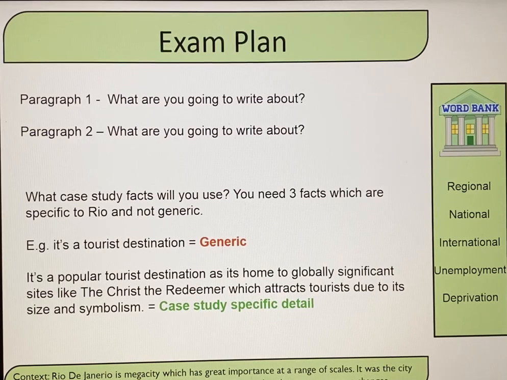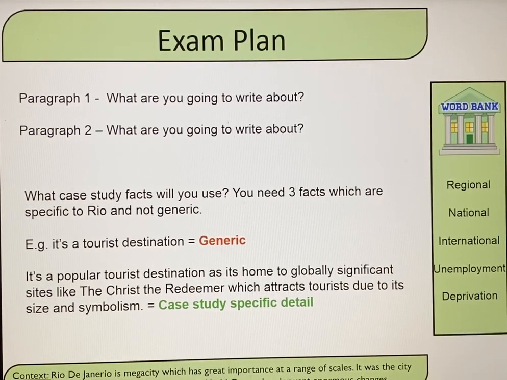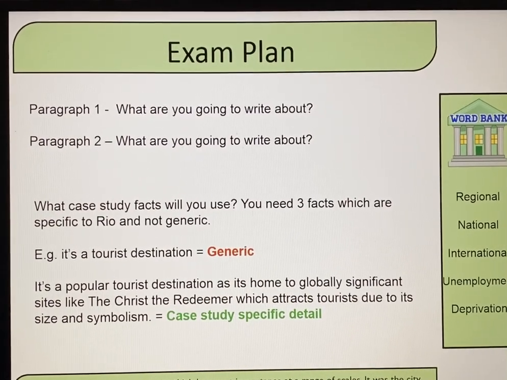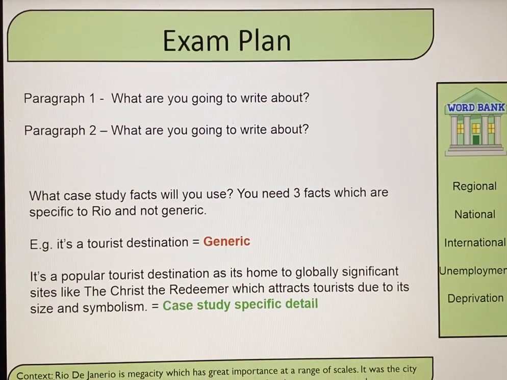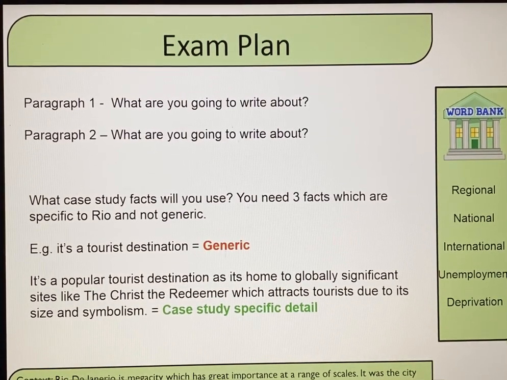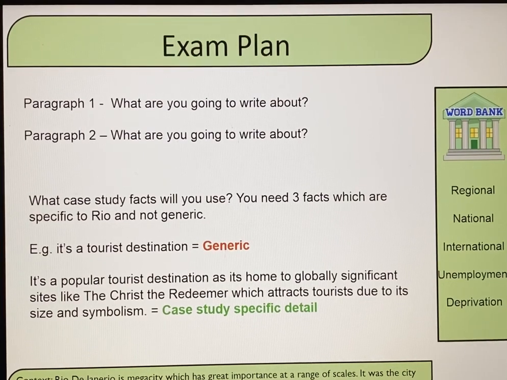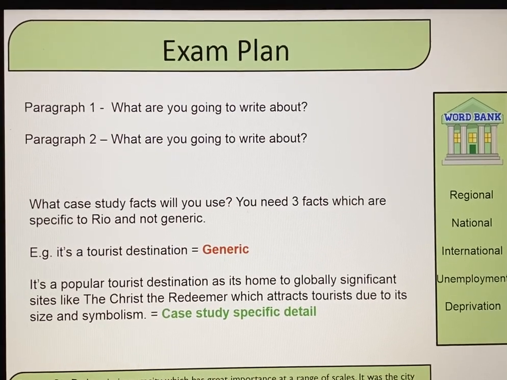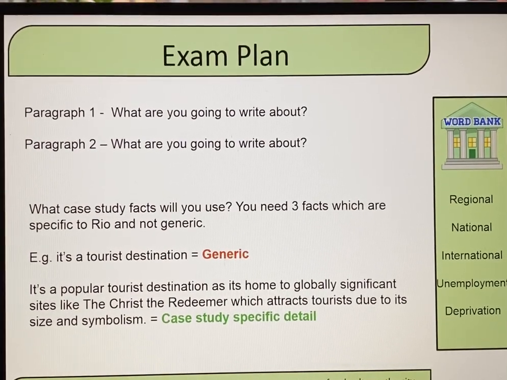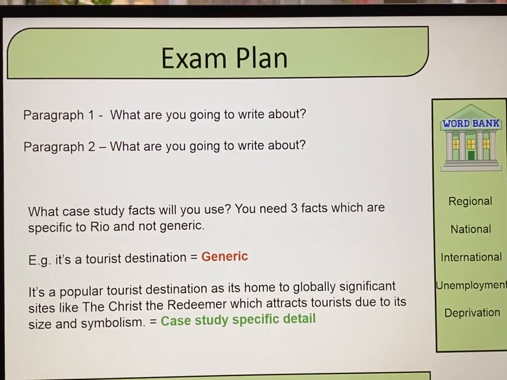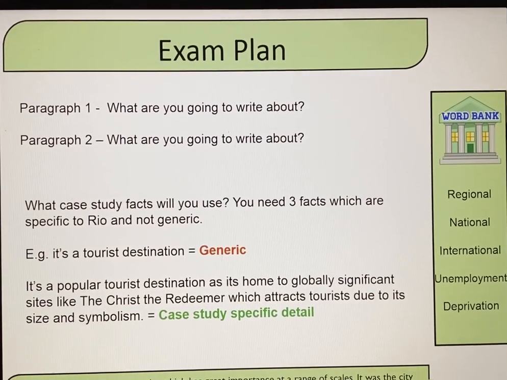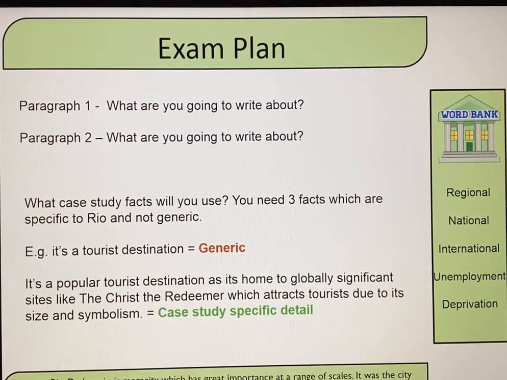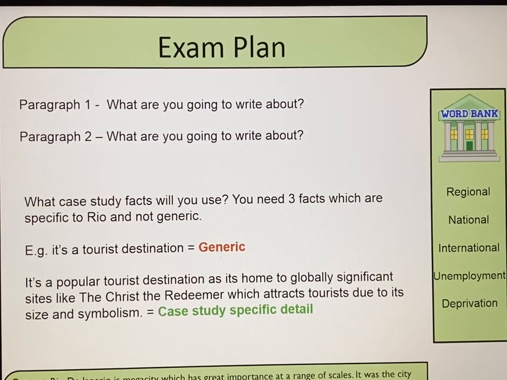So what are you going to do in your exam question? You need 2 paragraphs for this. It's 6 marks. You need to think about what you need to write about. The national and international importance should be a giveaway. Paragraph 2 then is what you haven't written about, national or international importance. We need to make sure that it has case study specific detail. So if you're saying it's a tourist destination, that's generic. Portsmouth is a tourist destination, but what is it that people come to see? In Rio, it's Christ the Redeemer that people come to see. In Portsmouth, obviously, it might be the Mary Rose or possibly the Spinnaker Tower.